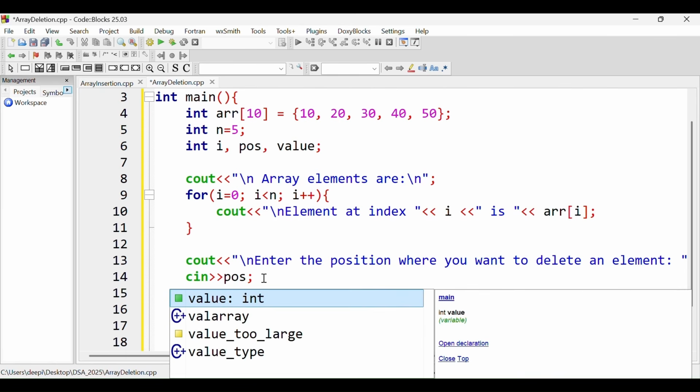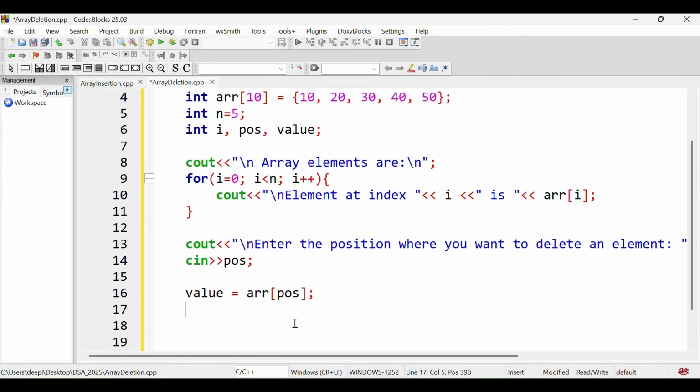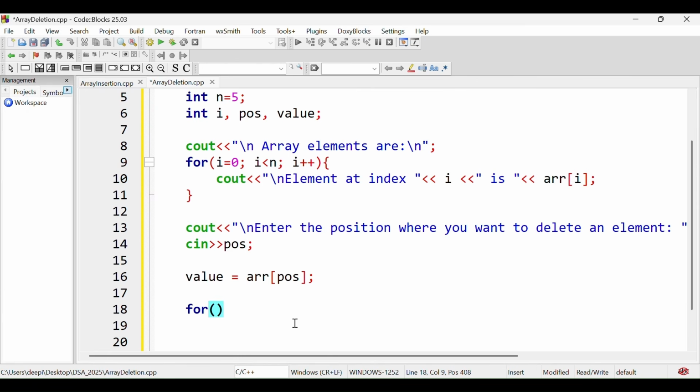In the next line, we will store the deleted value, so value equal to arr[pos]. So the value at this position pos is going to be the deleted value, and after this we will define our for loop starting from position pos and moving up to i less than n, i plus plus,